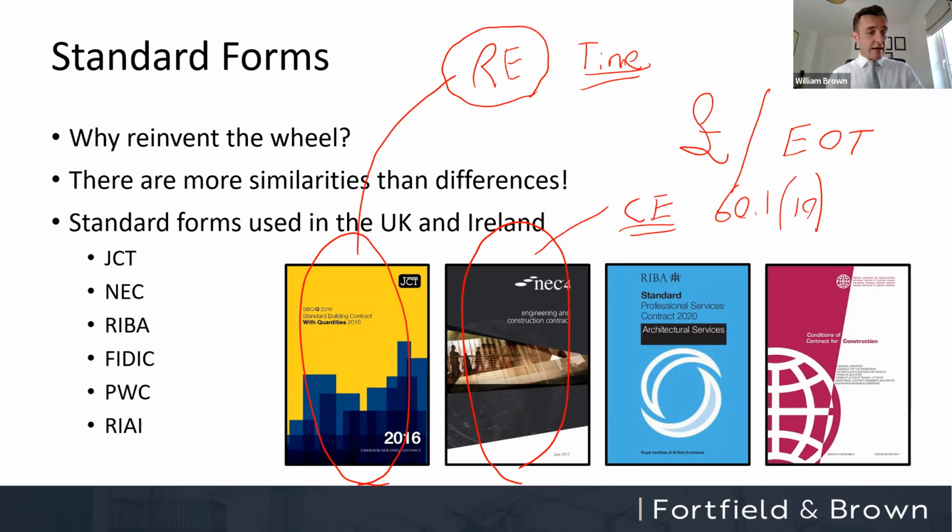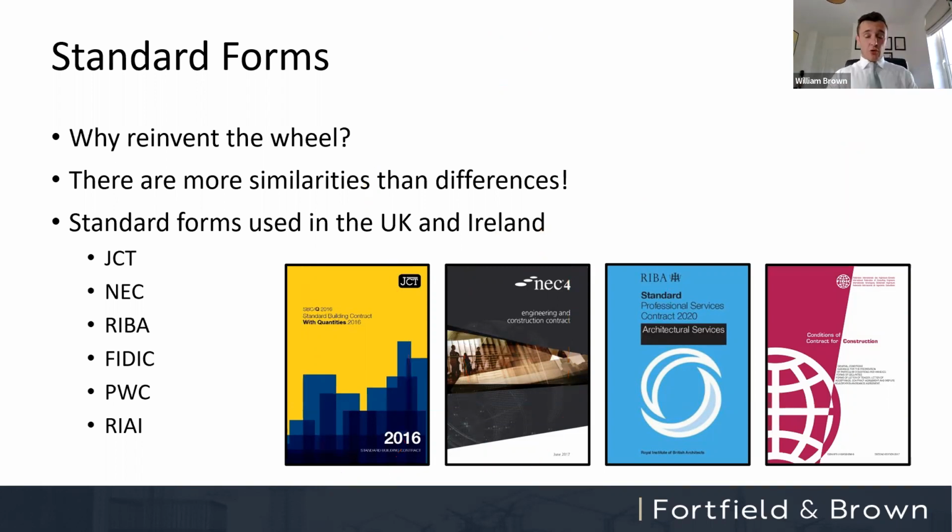Contractors under the JCT didn't get any extra money for having to close the site, having to prolong their operations, having to then work in accordance with the COVID protocols and the social distancing on site. The exact same issue dealt with in two entirely separate ways under the two most popular standard forms in the UK. And I think that illustrates the point quite well, that at the end of the day, these contracts are all for the same thing: getting a job built, but how they allocate some very specific risks does change slightly.